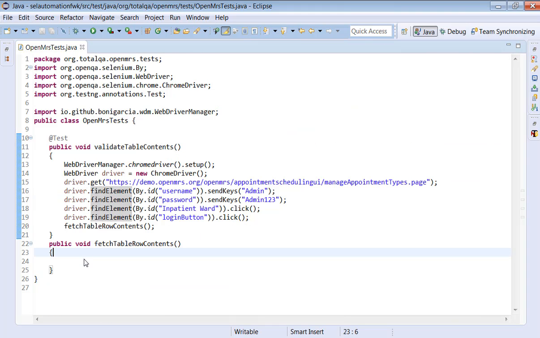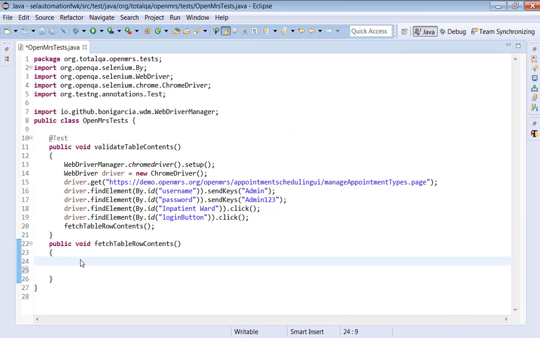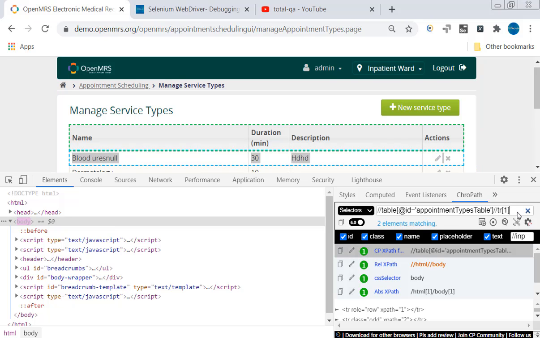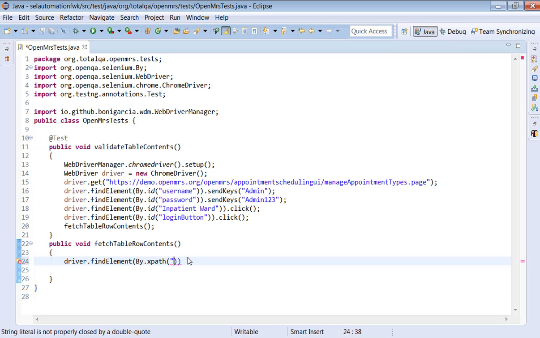So the next point is we are going to write an XPath. driver.findElement by.xpath. What is our objective? As I said earlier, the objective is we need to fetch the first row contents. But what are we trying to do? We are giving an XPath. This is the XPath we are providing. But this XPath will fetch the header, not the table row of 1. But it's okay. We'll fix this issue during debugging. That's our objective, right? So driver.findElement by XPath.